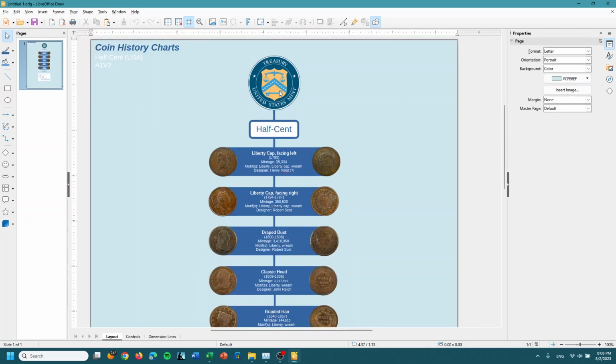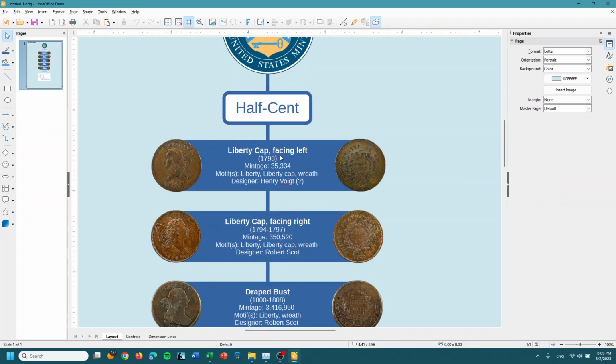of these coins. And the way these charts are going to work, I'll have a series for the other US denominations and their different design variations that will come after this one. But for today, I'll just be talking about the half cent, which is the only finished chart so far. So I'll start with the first iteration of this coin, which was the first half penny minted in the United